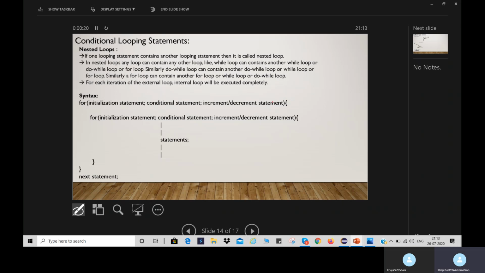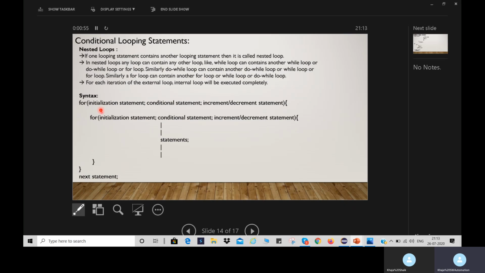So this outer loop is called the external loop, and the second loop, which is inside the outer loop, is called the internal loop. So for each iteration of the external loop, the internal loop will be executed completely.